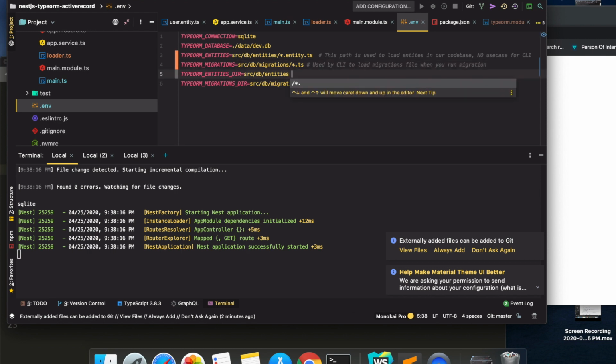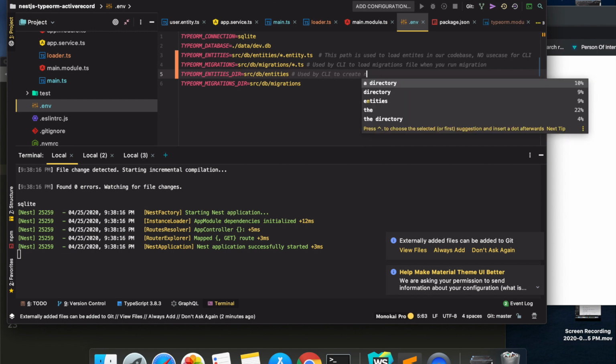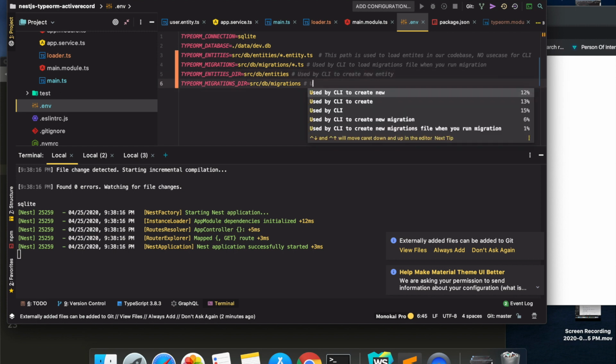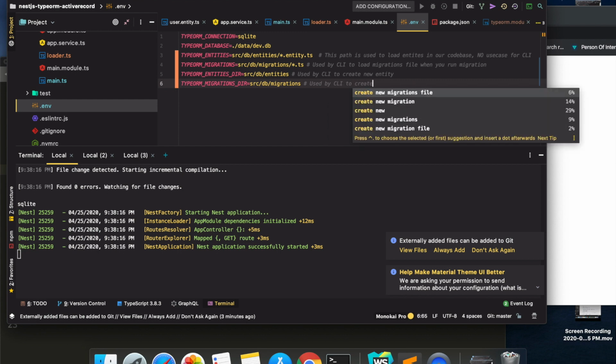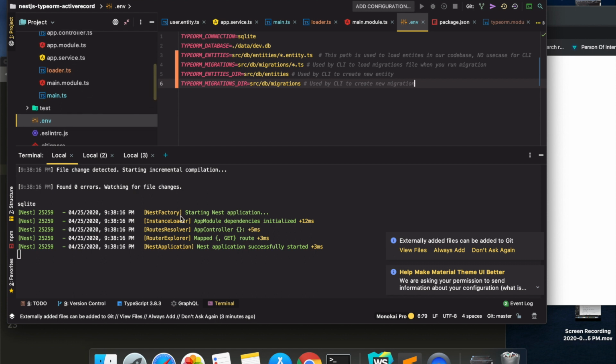Similarly, this is again used by the CLI to create a new entity, and this is used by the CLI to create a new migration. So if you are creating entities by yourself and you are not using the CLI, then you can just skip this variable from the env file and it would work.